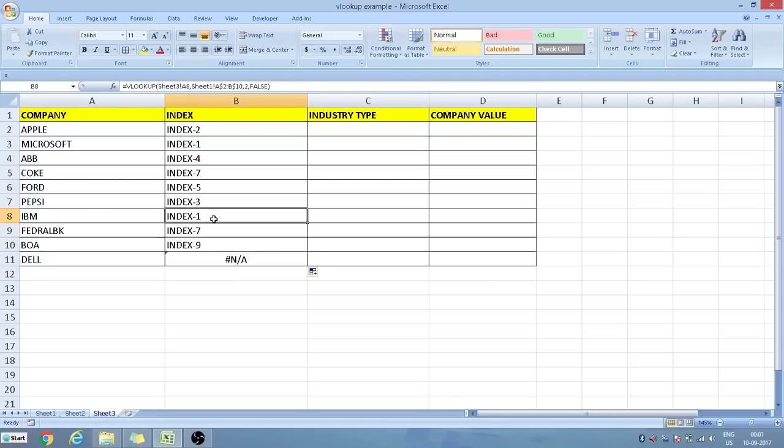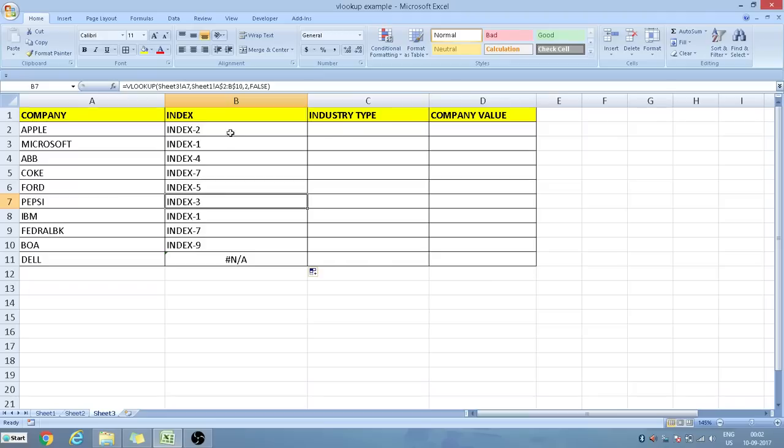Now we have the IBM index value as index 1. And then you can see here this value, the temporary table value, is not getting changed now. This is because we have added a dollar sign there in the cell number. So use this feature for other tasks in Microsoft Excel. It's a very important feature, and it is very useful when you are shifting the columns or tables and you want to fix the reference columns and rows.